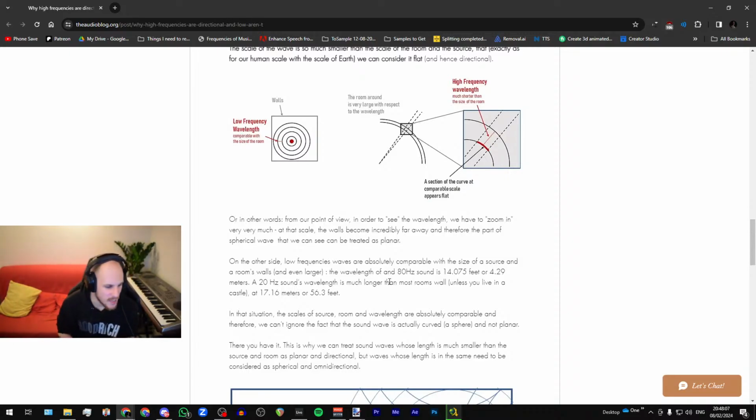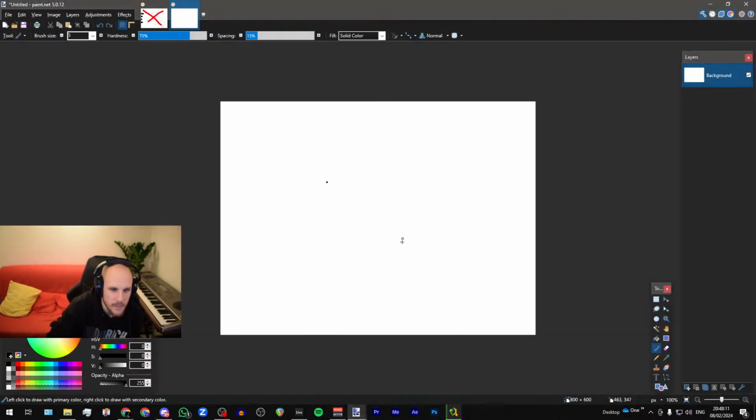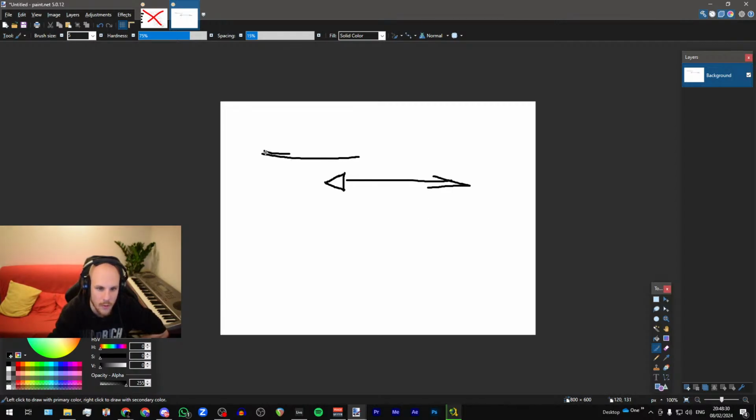I think I understand what they mean. When they say directional, I think what they mean is not that the sound has a preference in terms of direction that it spreads out in. Say that you have a speaker cone over here that is producing sound. It's not like it is directional in that it wants to go this direction or does not want to go there. Something like that is not the case.